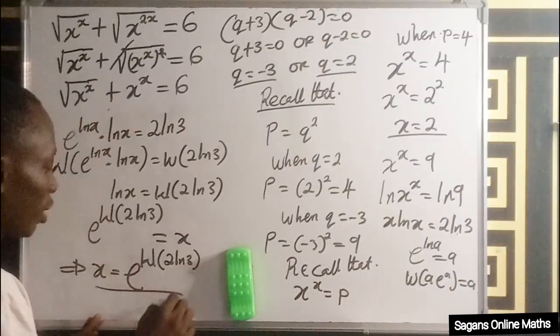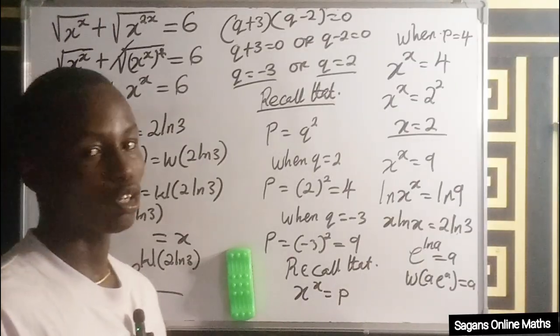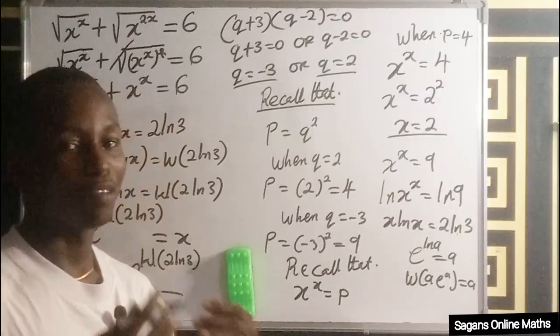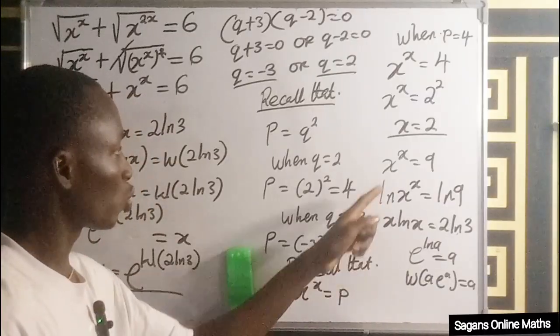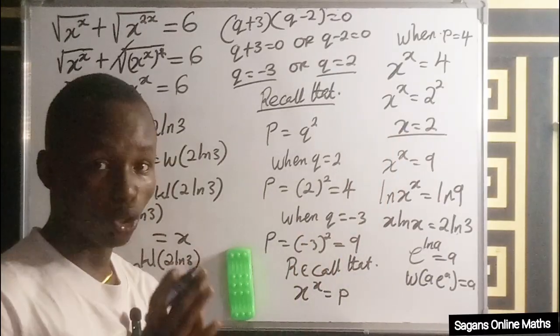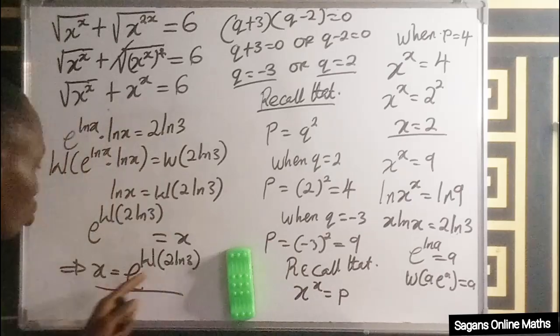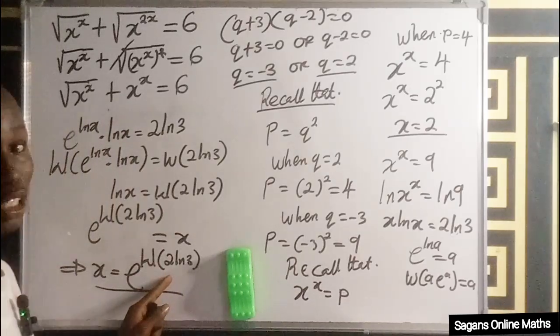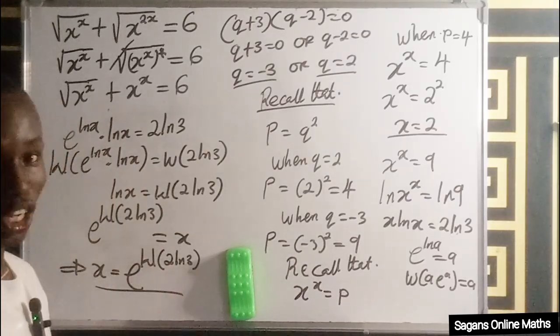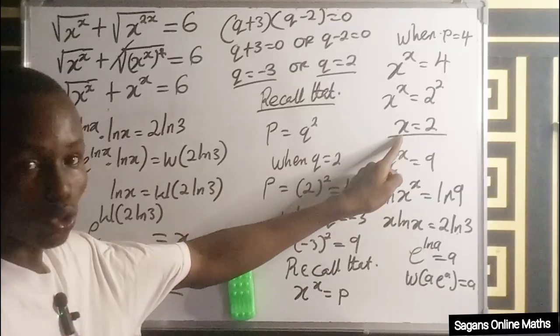This is another value of x, but I'm not 100% sure because I've not checked. But I'm 100% sure that x equal to 2 is the correct solution. But when x is equal to this, I'm not 100% sure because I have not checked. But let's check when x is equal to 2,